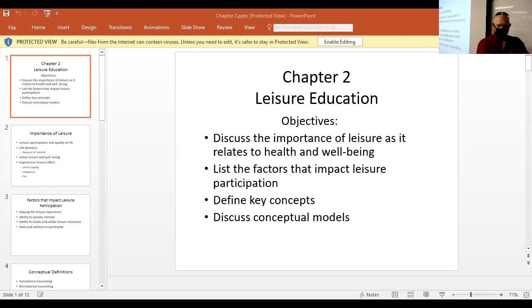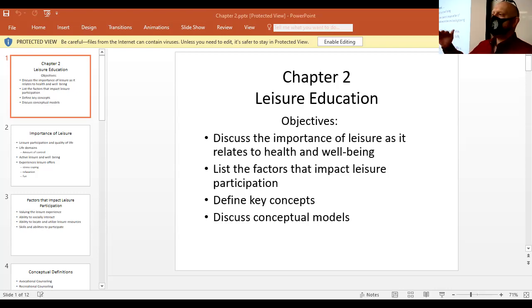So we learned that leisure is important to health and well-being. Leisure education, intervention, and research on a number of groups who receive therapeutic recreation services is growing in popularity. The leisure education content model focuses on four areas, and we talked about those: leisure awareness, social interaction skills, leisure development skills, and leisure resources. Most leisure education research shows promising results in achieving participant outcomes.